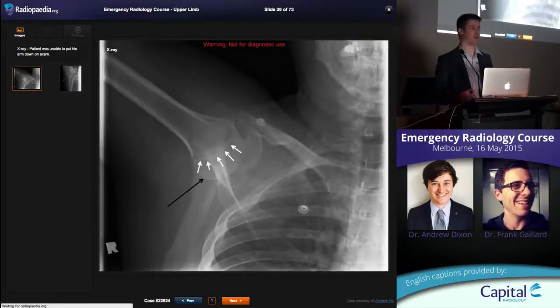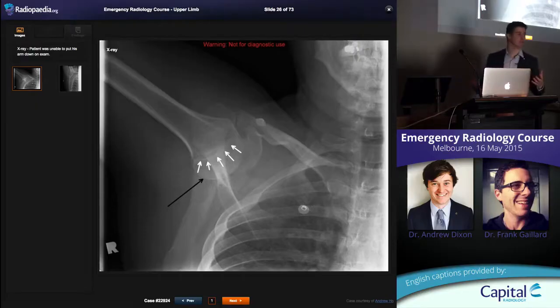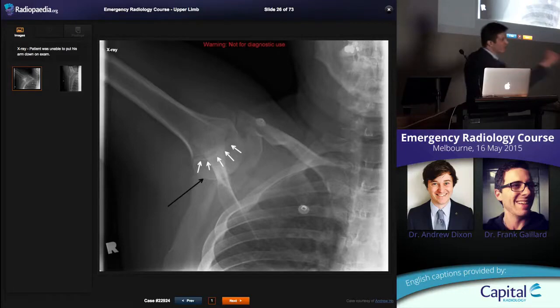This one I include only because it's got a really cool name. Does anyone want to shout out what this one's called? No. When I hear this, it always reminds me of Harry Potter. Imagine Harry standing here and Snape's over here, and Harry says, Luxatio erecta, and then Snape is like,